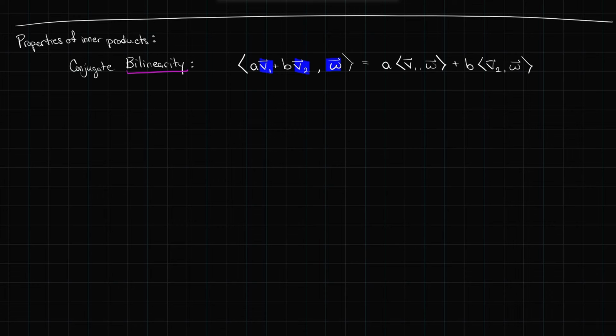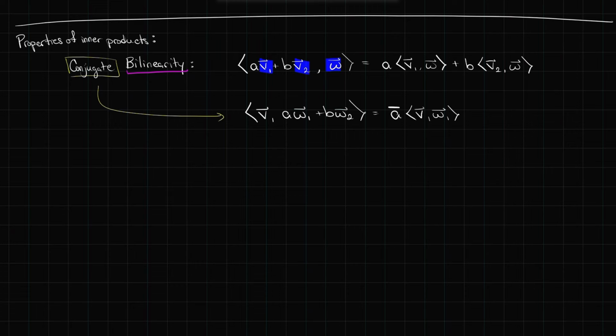But where does the conjugate come from? The conjugate comes from the fact that the right-hand side is going to give me a complex conjugate. So if I do something like a w1 plus b w2, then the a pulls out, but it pulls out as a complex conjugate. So I have some sort of distribution that occurs, but it doesn't quite occur as I would want it to in the second entry. It needs to occur as a complex conjugate in the second entry. So you can pull everything out, but you have to make sure that you pull things out correctly in the second entry. We also have something called antisymmetry,